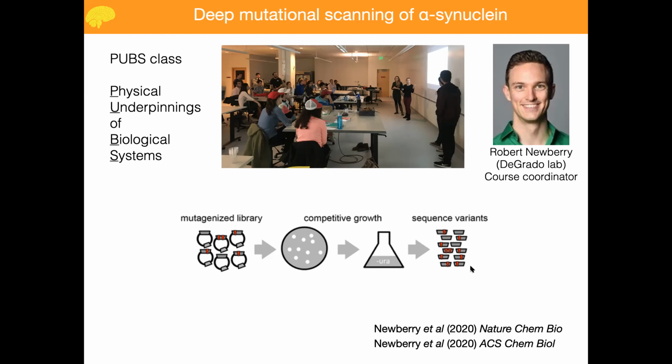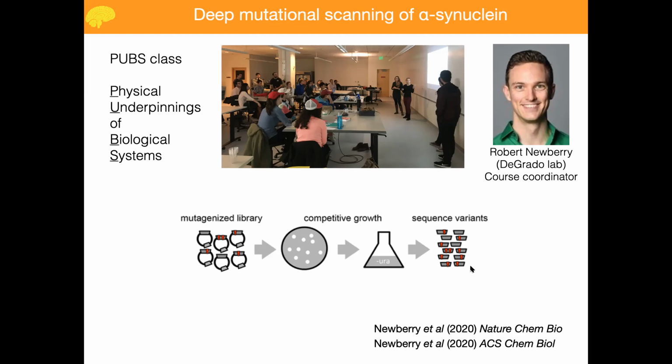And Susan Lindquist used this for genetic modifier screens, and it turned out that some of the modifiers of alpha-synuclein toxicity in yeast in fact validated in other systems, including mammalian systems. And so we do think that something can be learned from investigating alpha-synuclein in yeast, even though it is not